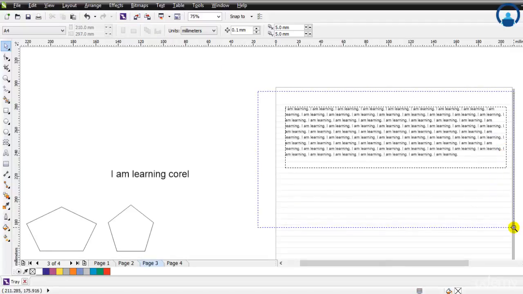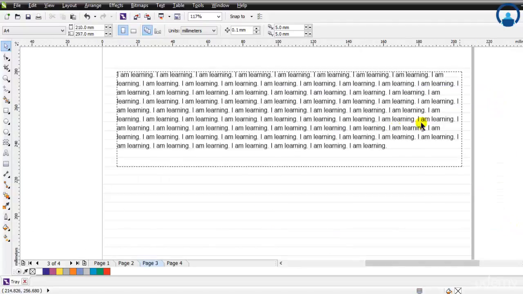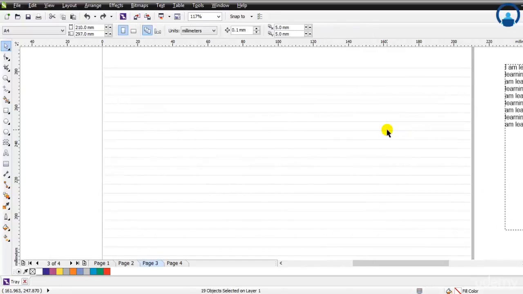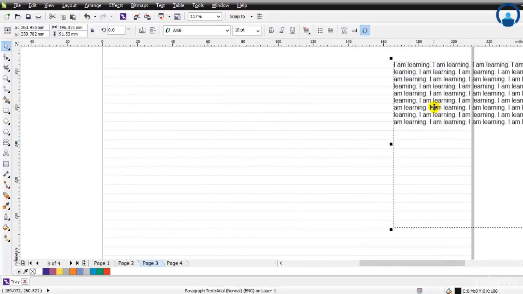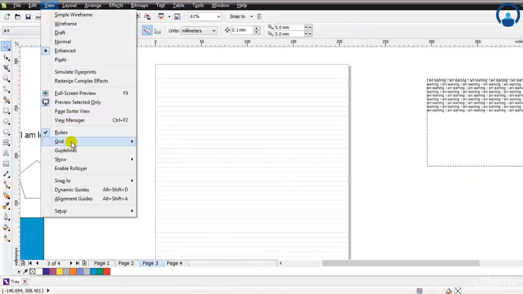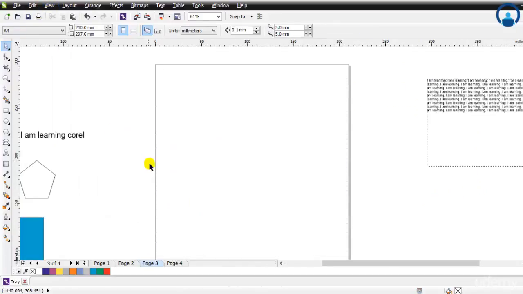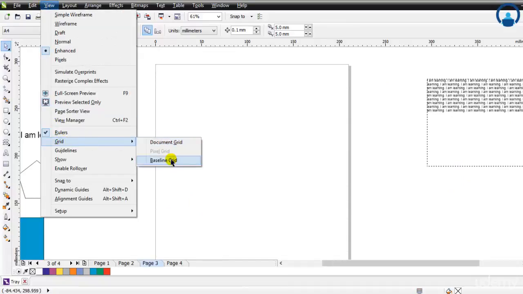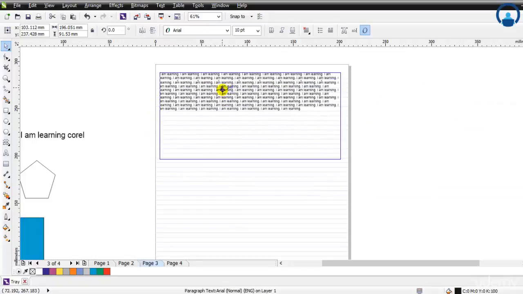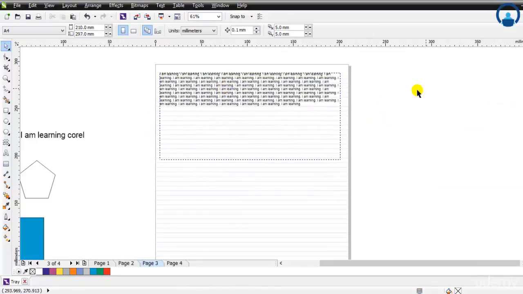Okay, so to do that, I'll start again. I'll keep this text as it was before. First, in the view, I'll go to grid and bring this baseline grid first. I'll go to view, go to this grid and click on baseline grid. I get these grids, and this text I'll keep on this sheet,